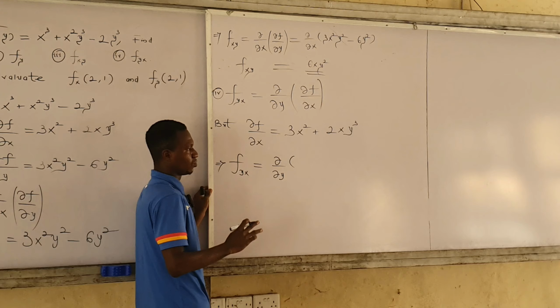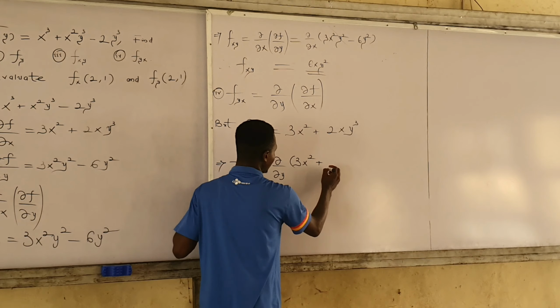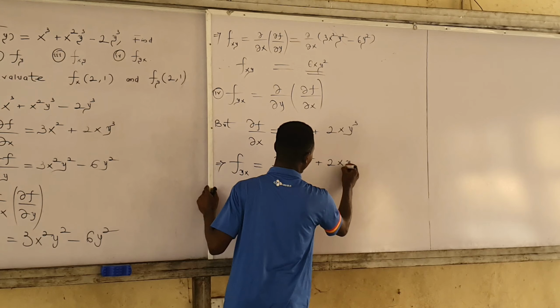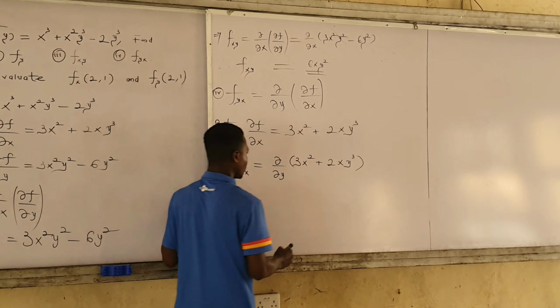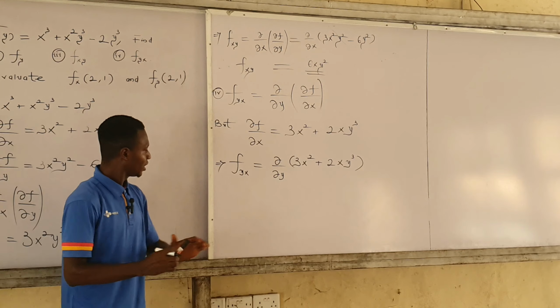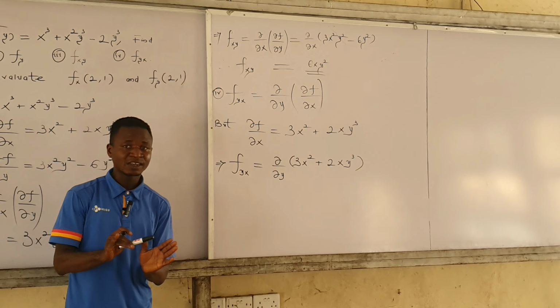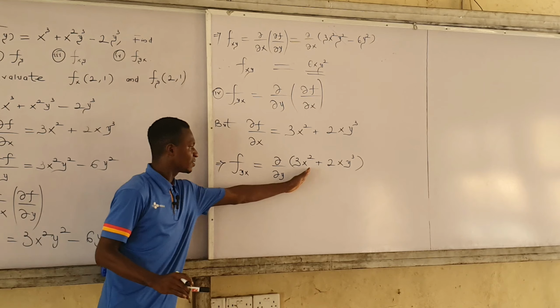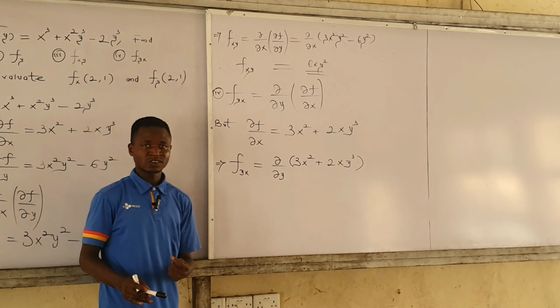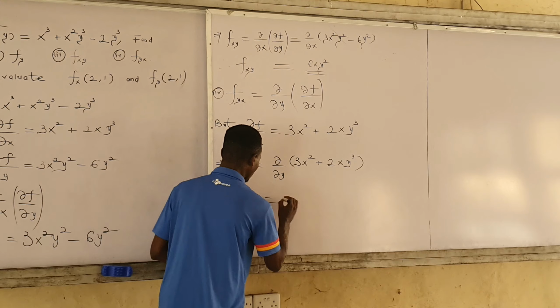So we're going to substitute. So that's going to give us 3x raised to the power of 2 plus 2xy raised to the power of 3. So that is the expression. Now we should partially differentiate this with respect to y so that all terms that are not y, like x, will be treated as a constant, as a number. So in this case now, this is going to be equal to,